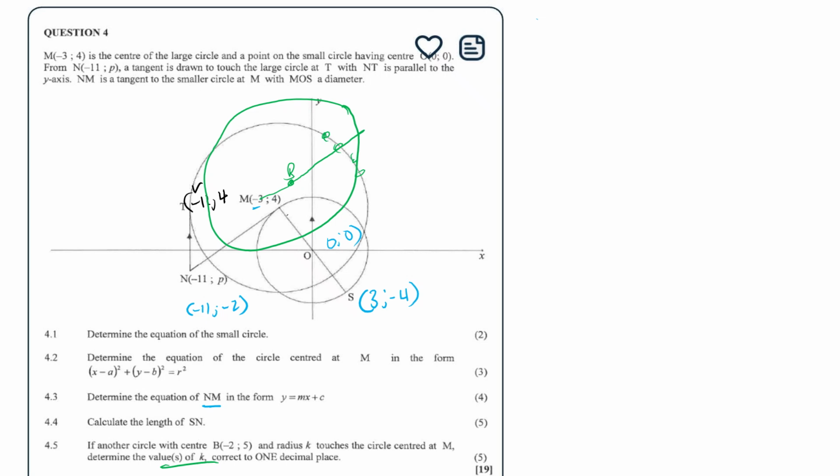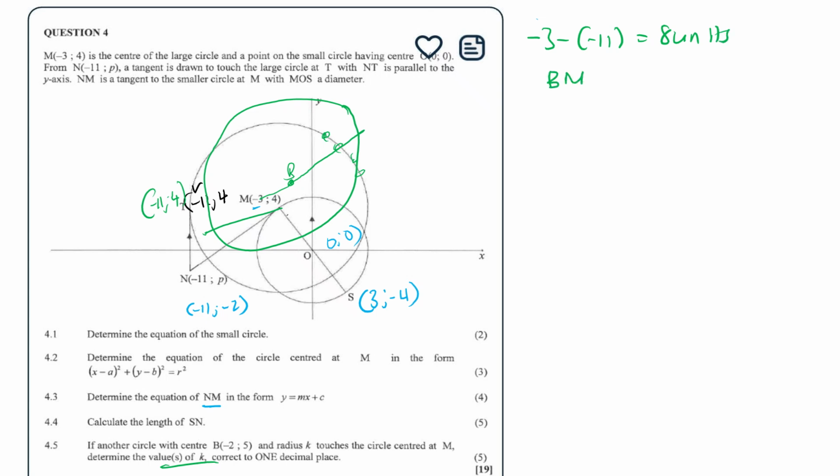We must add and subtract the radius of the circle centered at M, which is 8, right? Remember the radius, we said minus 3. I think it was on question 4.4 if I'm not mistaken, because our T here is minus 11 and 4. Therefore the radius for this large circle centered at M, we said it is minus 3 minus 11, which is equal to 8 units, right? And then BM,